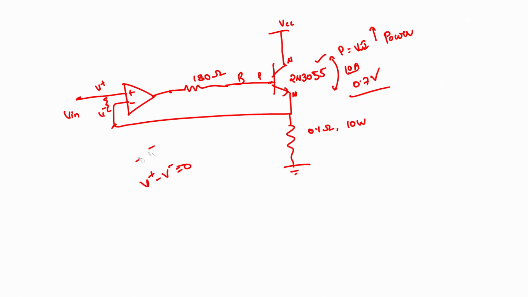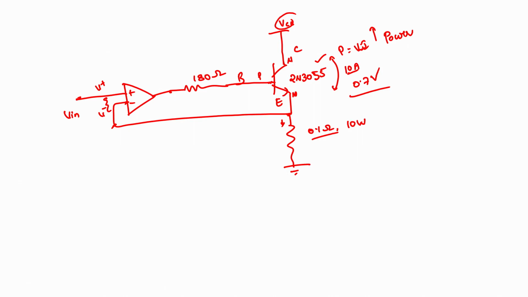So, now in this case what will happen? In the previous case, when there is no this particular circuit, we have seen that the current flow here entirely depends upon the resistor that we connected here and the voltage source, and the voltage drop across it is VCC. But in this case it will not be the same. The reason is we have connected the negative terminal of an op amp to the resistor point here, which is nothing but the emitter, right. This is base, this is collector, and this is emitter point.